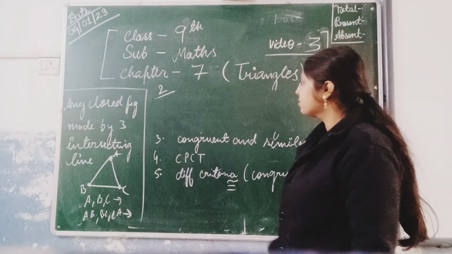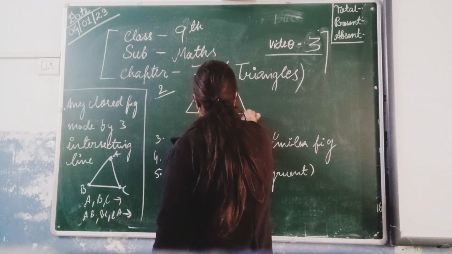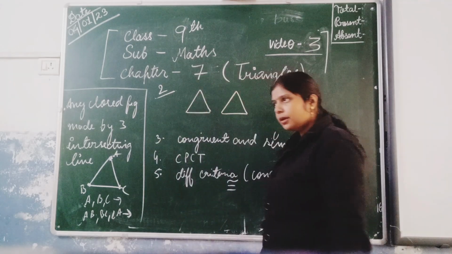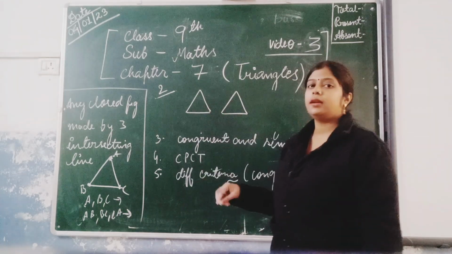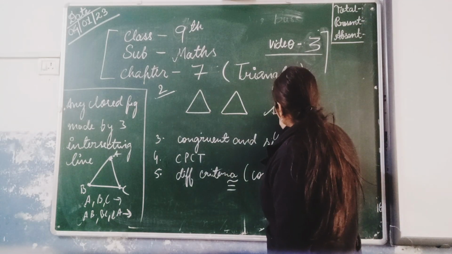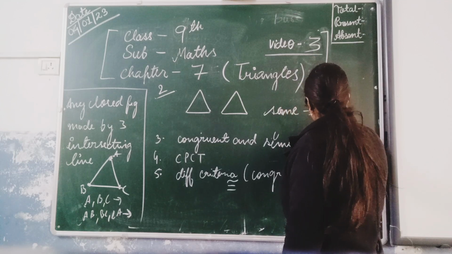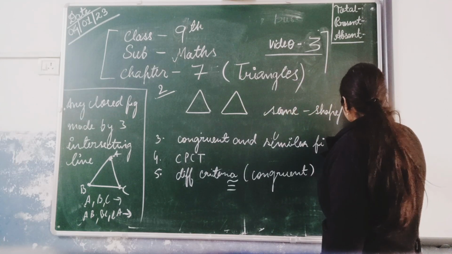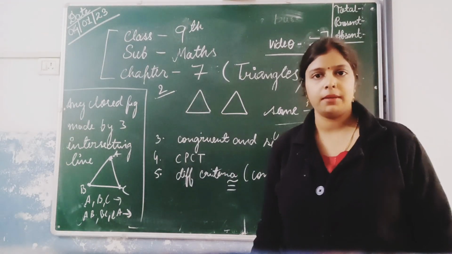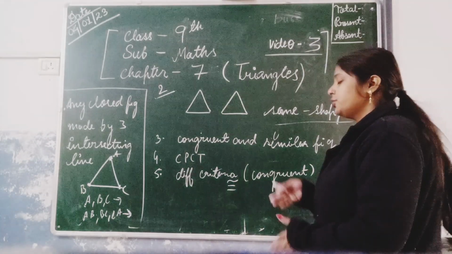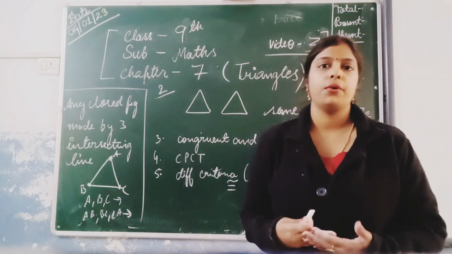The word congruence means that two shapes or two triangles. Here we are discussing triangles, so we will point out only triangles. So two shapes, or two triangles, when they are the same in shape as well as size, then they are known as congruent. It means that one figure just overlaps the other figure, then it is commonly known as a congruent figure.